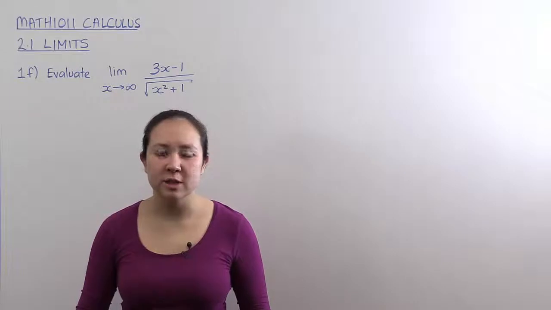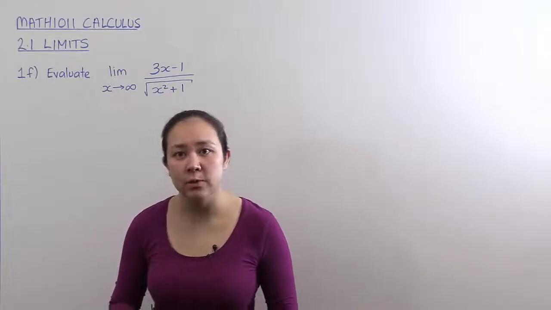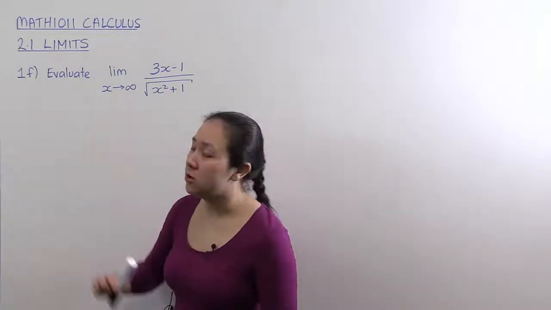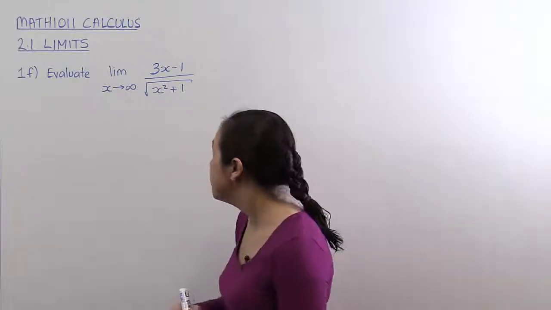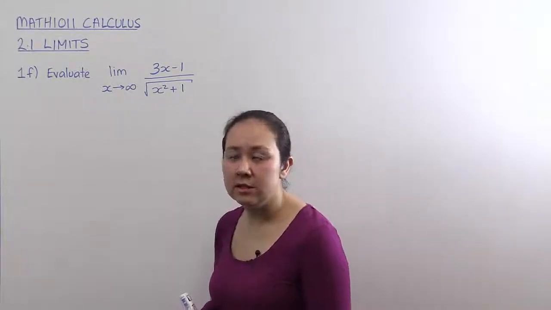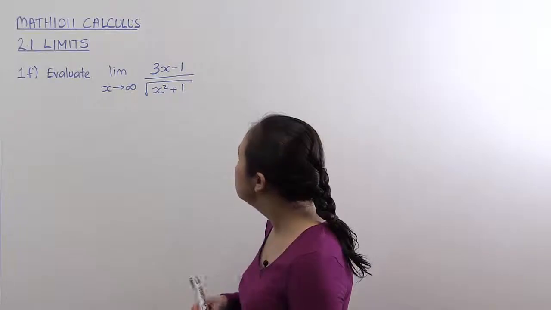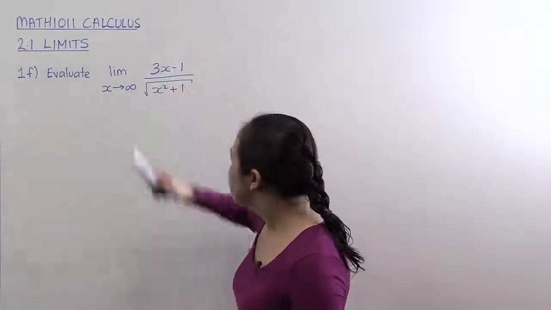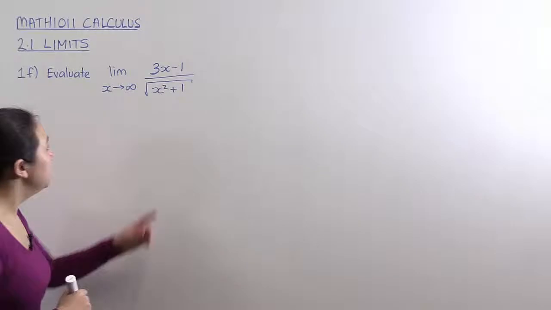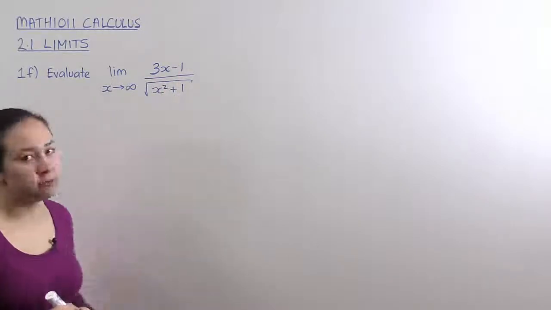Today I'm working through some of the problems in Calculus Math 1011, today on limits in section 2.1. So question 1F is the first limit that we're going to evaluate in this section. We're asked for the limit as x approaches infinity here, 3x minus 1 on the square root of x squared